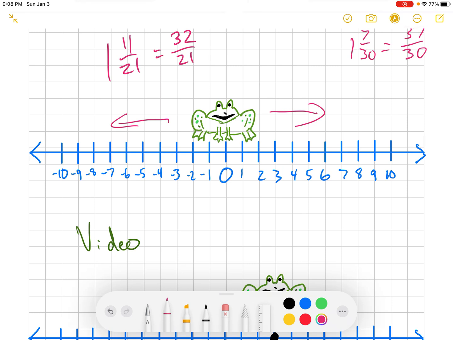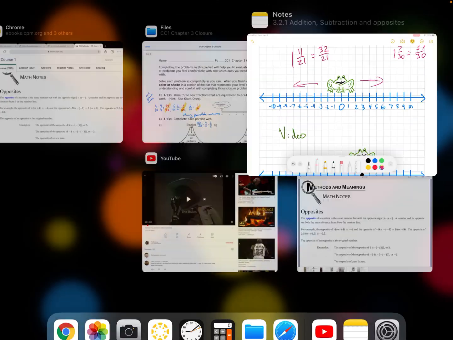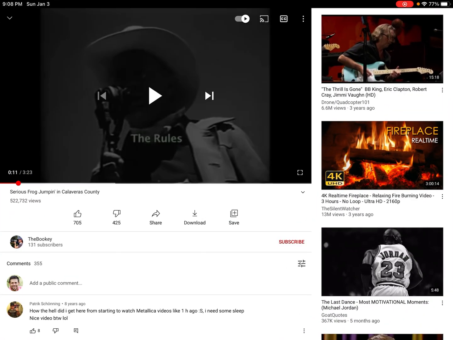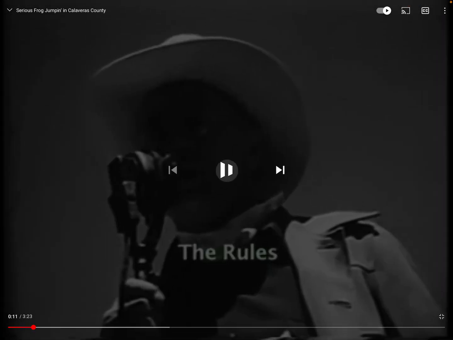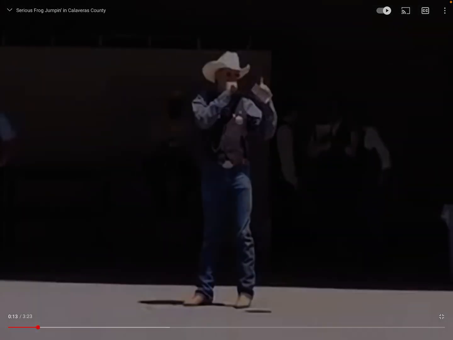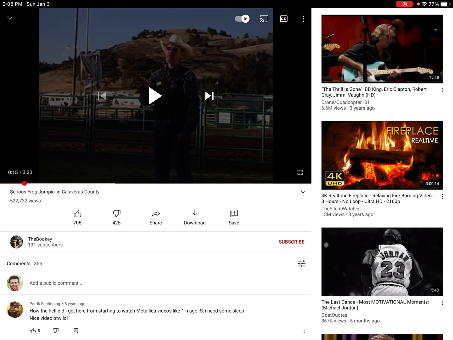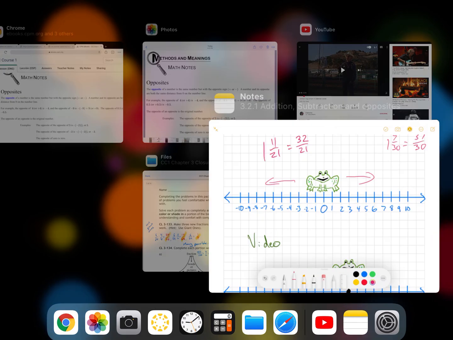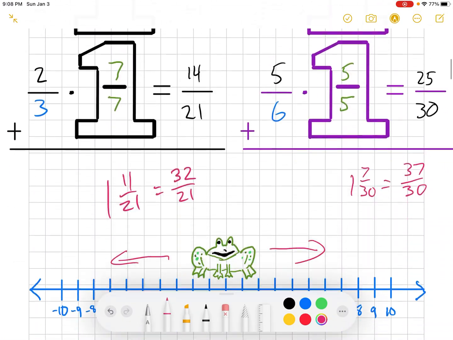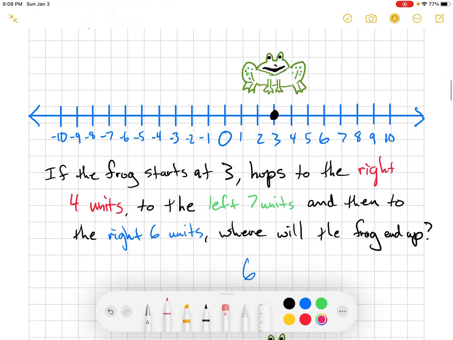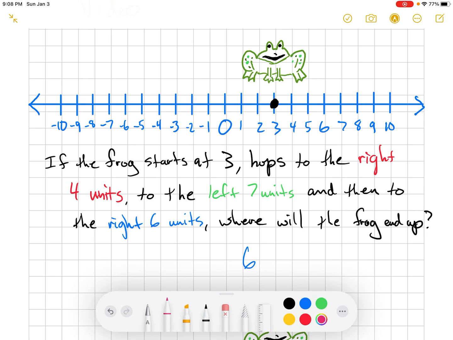All right, what I would like you to do is to pause, and in the description of this video I have a link to the Calaveras County Frog Jumping Contest video, and that would remind you of what you saw earlier in the year. Check this out later. It's just a quick video that we had way at the beginning of the year about this, and maybe you had forgotten about how that worked. Okay, all right, now that you've watched that video,